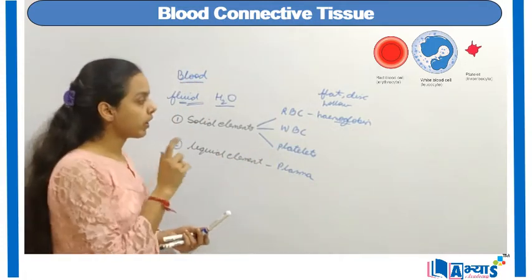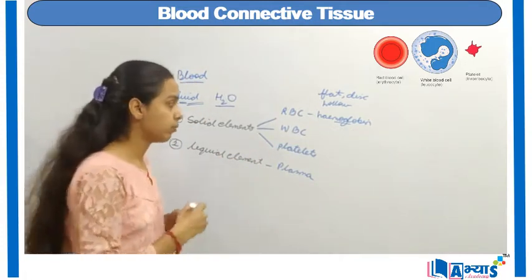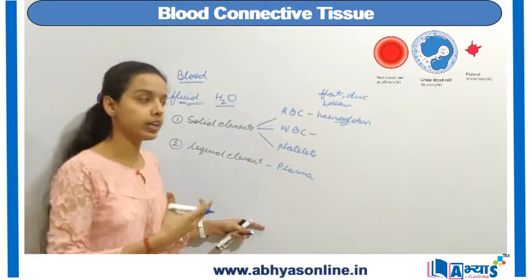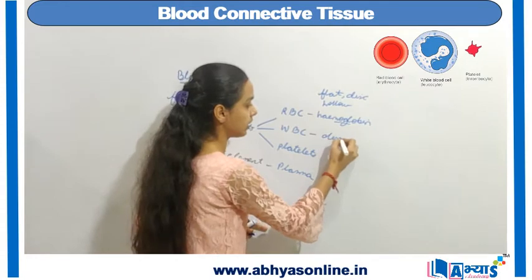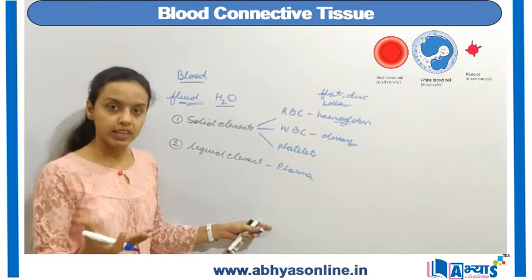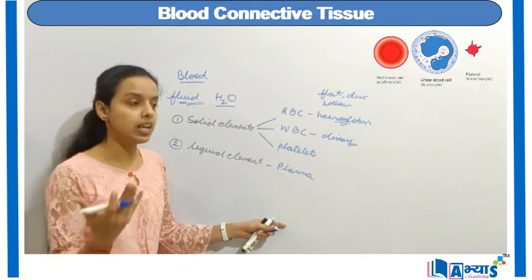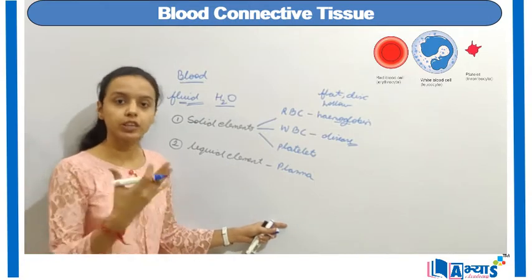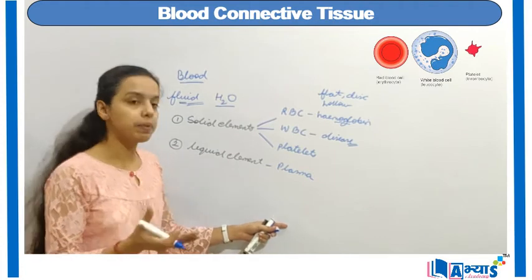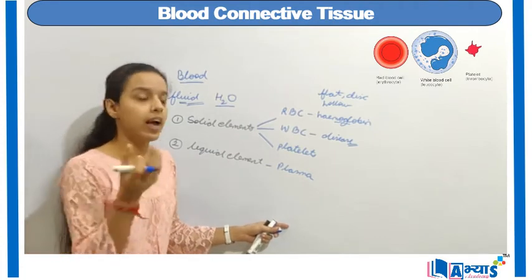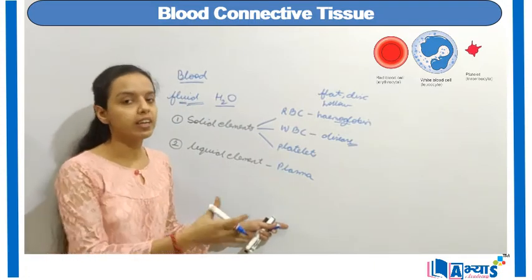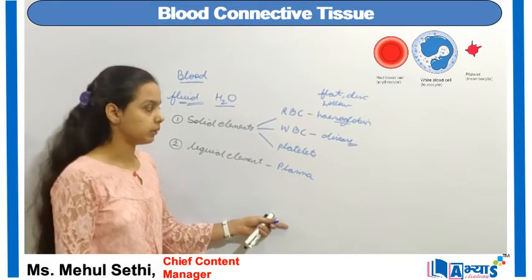Now when we come to the WBCs, that is the white blood cells, they protect our body and help it fight against diseases. They help the body fight certain microorganisms which cause diseases, like jaundice, cholera and typhoid. All these diseases are caused by certain microorganisms, and white blood cells provide the human being certain immunity to fight against all such deadly diseases.